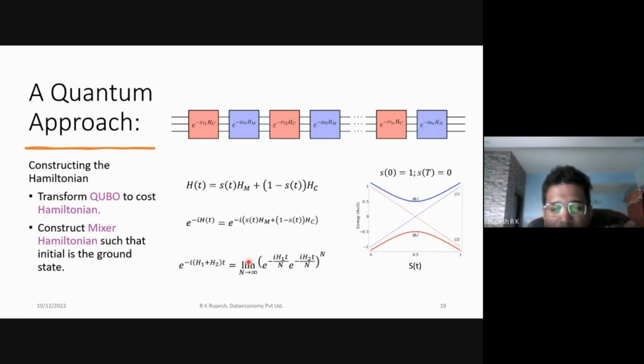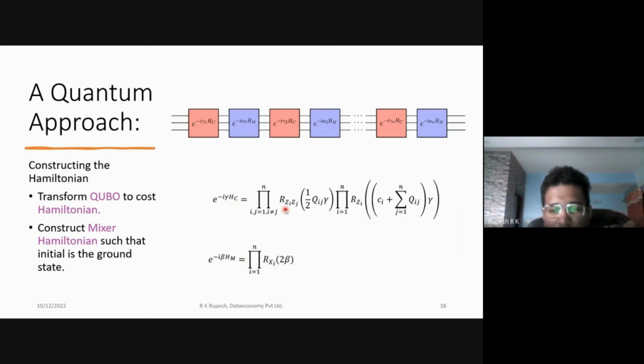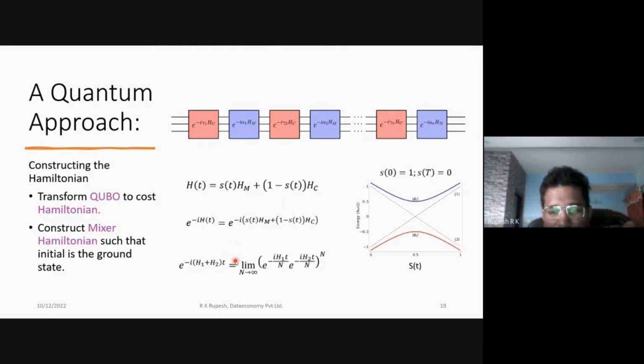And so coming back, we have this cost Hamiltonian and this mixer Hamiltonian, and the two of them constitute the total Hamiltonian in the following way, where you have this s of t parameter, which is how we evolve towards the final ground state. So what we really need to do is exponentiate this full Hamiltonian. And most often, we don't really have any gates that can implement exactly this unitary. And so we need to break it down, and to break it down, we use this trotterization formula.